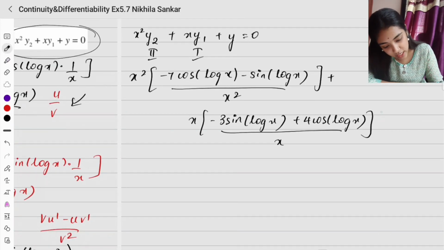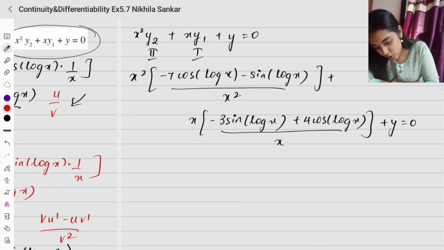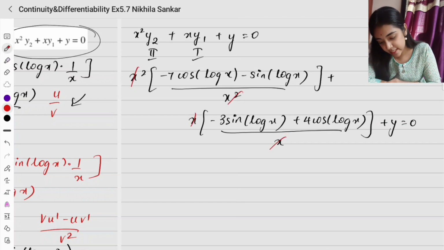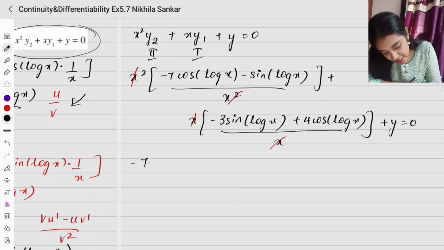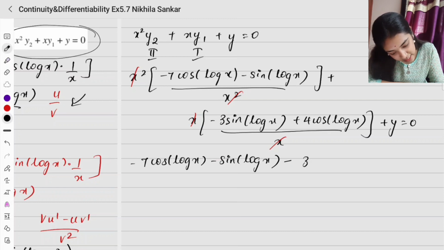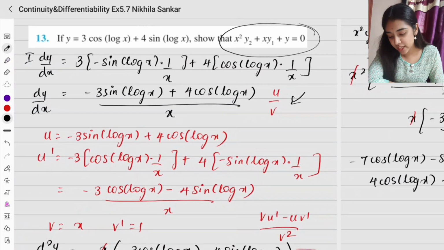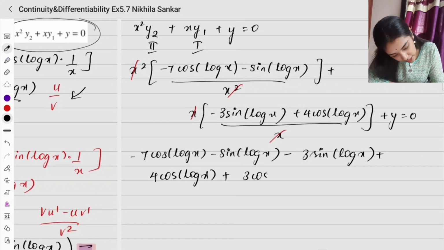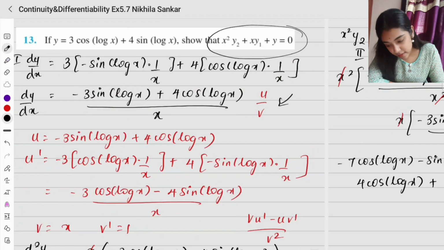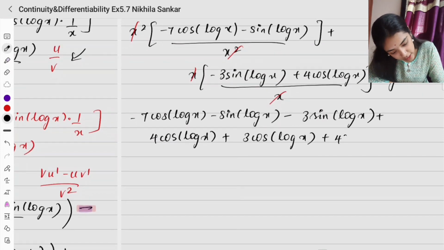The whole divided by x plus y equals 0. So the x square and the x square get cancelled, x and the x get cancelled. So what do I get now? Minus 7 cos of log x minus sine of log x minus 3 sine of log x plus 4 cos of log x plus y. What is my y? 3 cos of log x plus 4 sin of log x equals